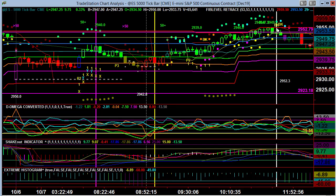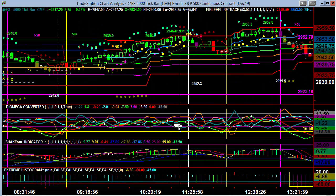Then it was just a matter of gotta wait it out. I like that it happened as we got right here, that 2952 range. Looked pretty clean, and then it was a matter of riding that one. Wasn't expecting a whole lot because again you had the steel coming from underneath here. There was no dramatic move. And then sure enough we got a turnaround buy. It came pretty quickly right after it, and that's not surprising, which was kind of frustrating a little bit because